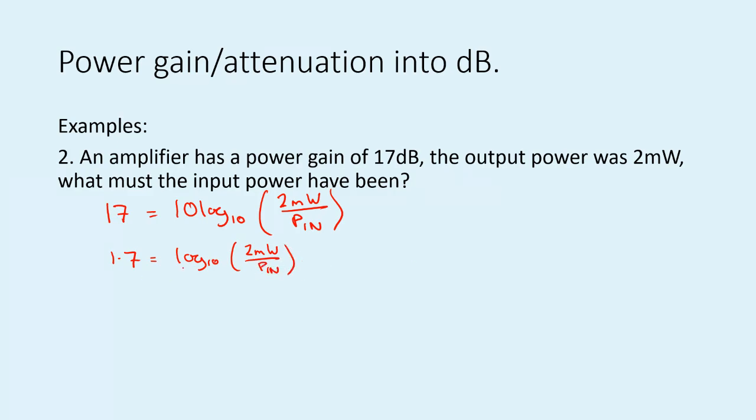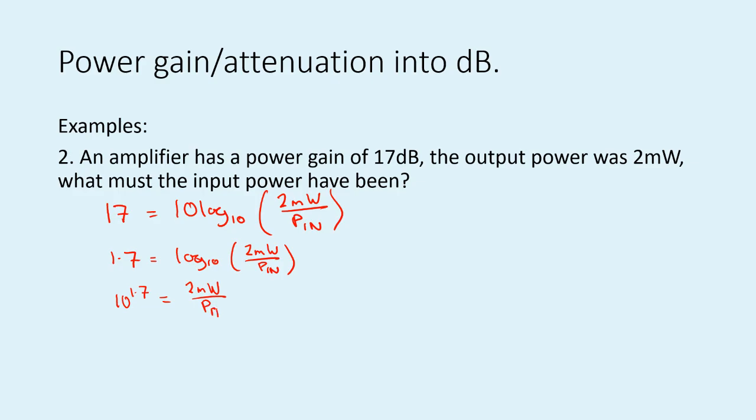Now we need to take it out of log form. This is where you need to be comfortable getting out of log form, which is tricky. So this is telling us 10 to the power of 1.7, which is a horrible number. I don't want to know what it is. I'm just going to leave it as 10 to the power of 1.7 is 2 milliwatts divided by the input